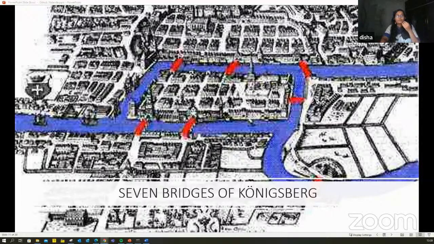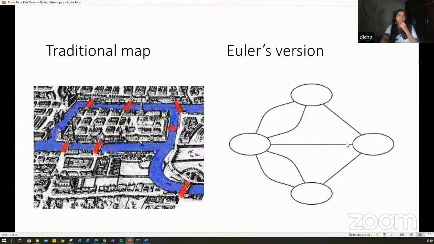So we have already seen the definition that I was saying: a graph has places that you want to go to, and there are ways to reach those places.